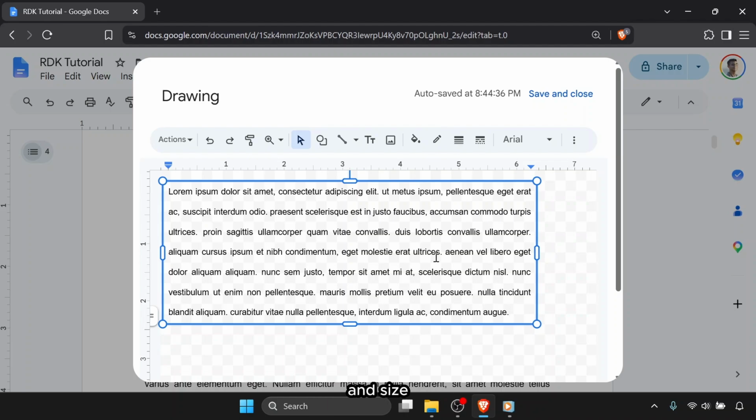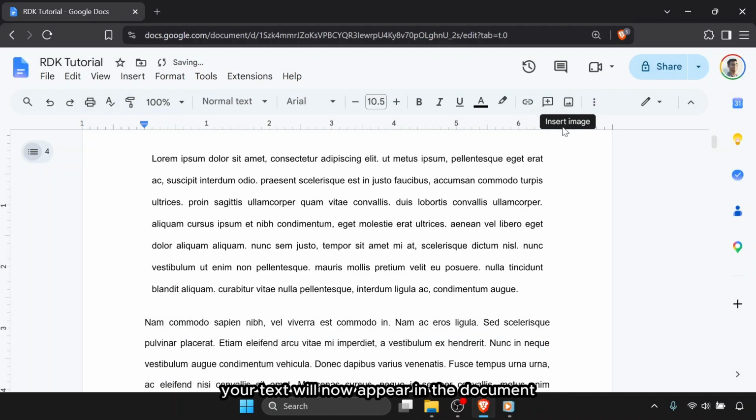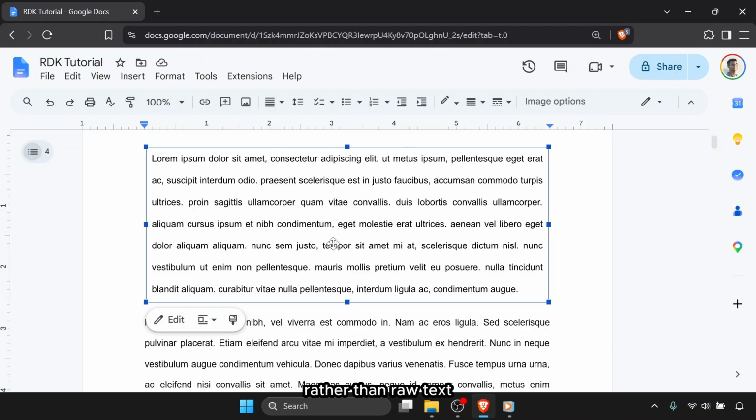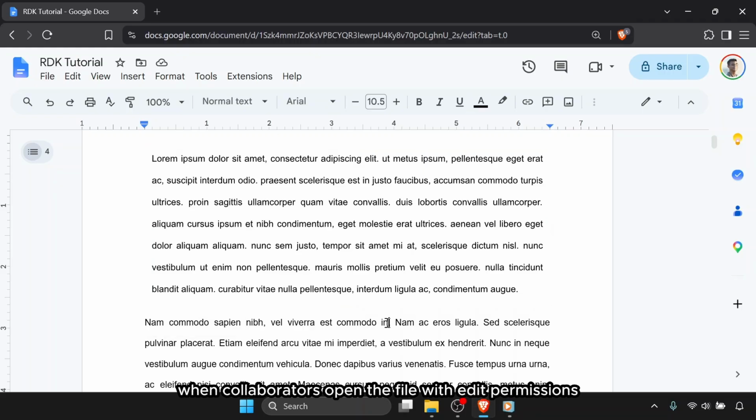Format the text font and size inside the drawing window to match your document style, then click Save and Close in the top right corner. Your text will now appear in the document as an embedded drawing element rather than raw text. When collaborators open the file with edit permissions, they will be unable to edit the words directly inside the document